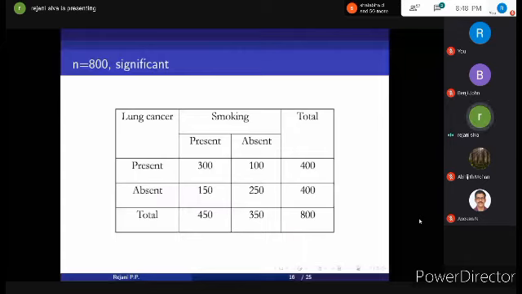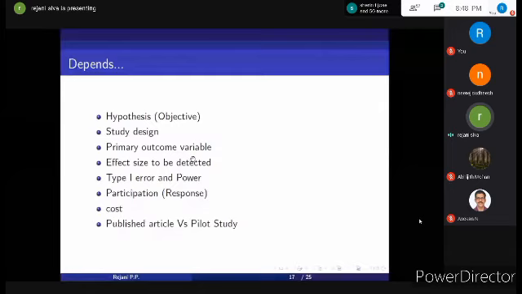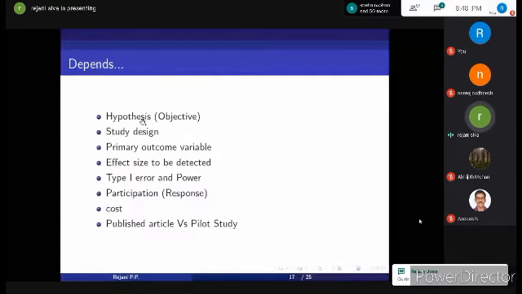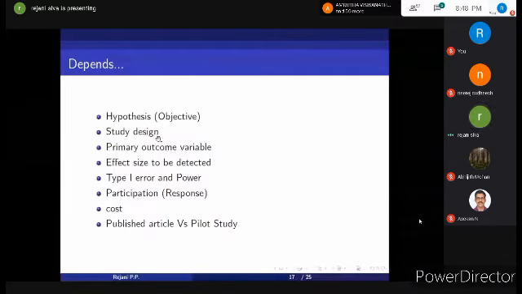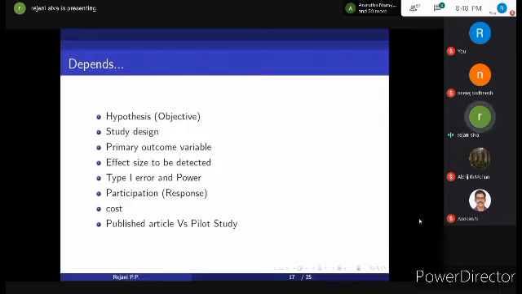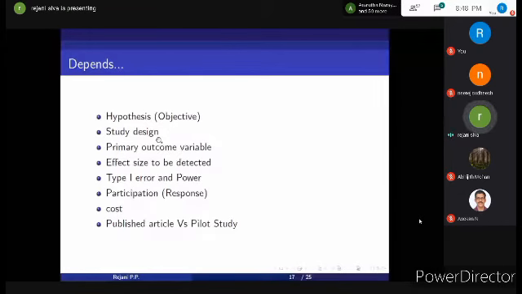These are the factors affecting the sample size. It depends on the hypothesis or objective of the study. We have a lot of sample size formulas. Choose the appropriate one. The choice depends on the study objective. And study design is also important. Check whether your study is a cross-sectional study or a comparative cross-sectional study. If it's a cross-sectional study, there will be one group, and if you are planning a comparative cross-sectional study, there will be two groups, and choose the exact formula for sample size calculation.